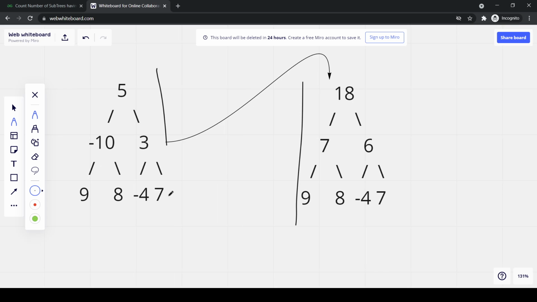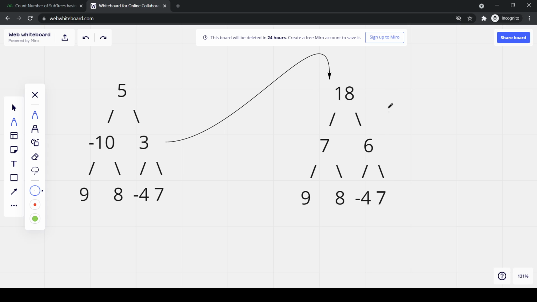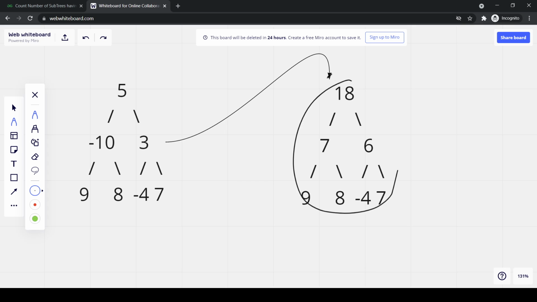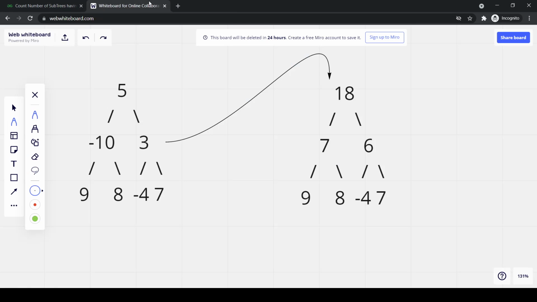Now this tree has been converted into this tree. Now in this tree we can check how many nodes have the value equal to 7, right? To do this, we need to traverse this complete tree once again.